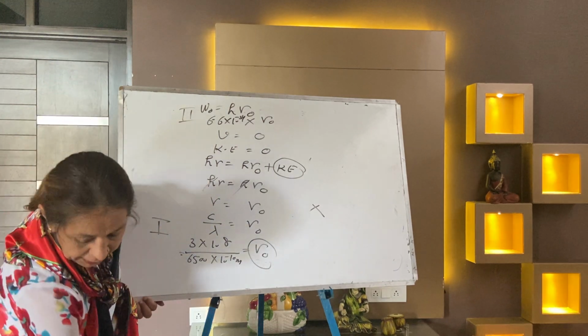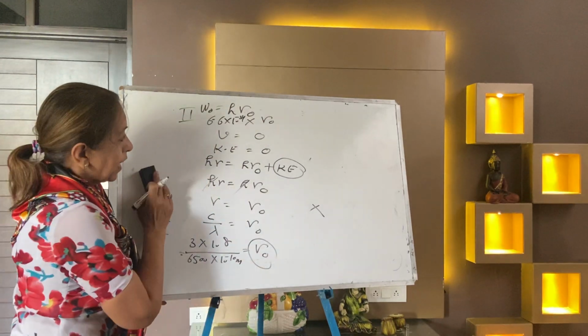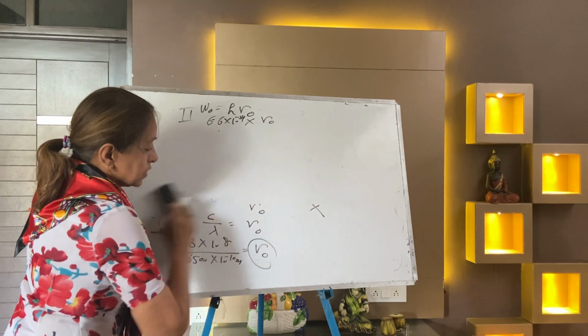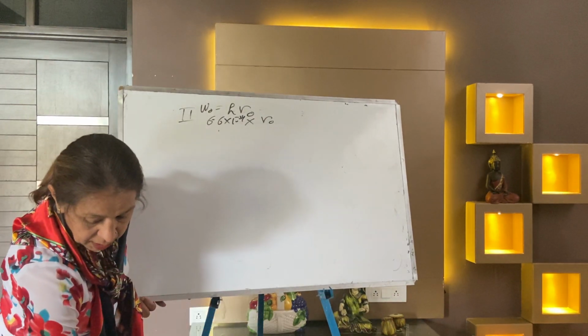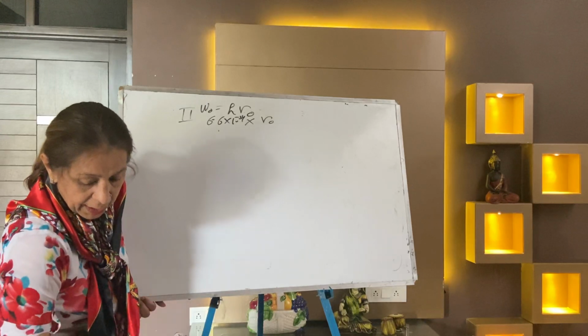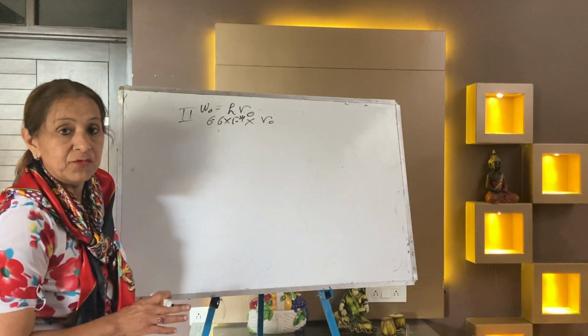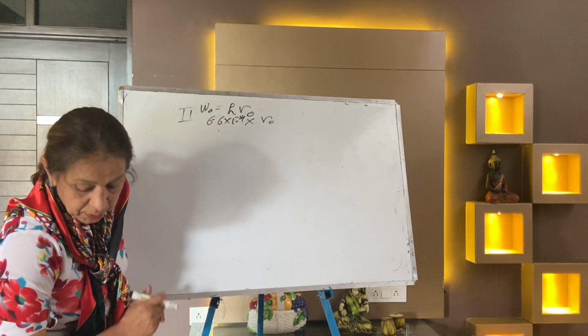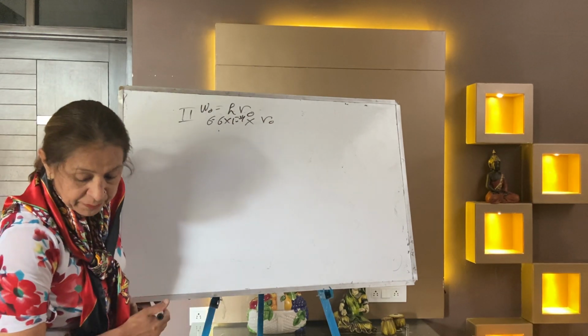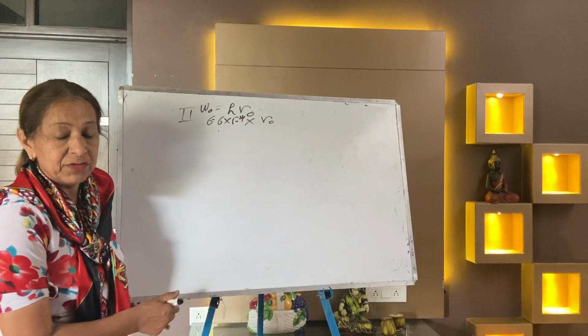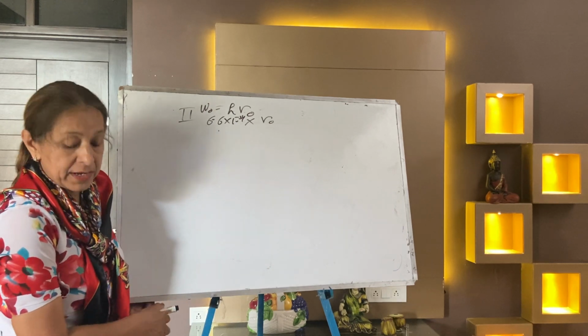Now the numericals after that, 5, 6, 7, 8, 9, 10, all numericals we have covered. Now the next numerical is up to 12. These are numericals of light and the photoelectric effect. Your 13th and 14th numericals are of the Bohr's model. After completion of the Bohr's model, we will take the numericals of the Bohr's model.